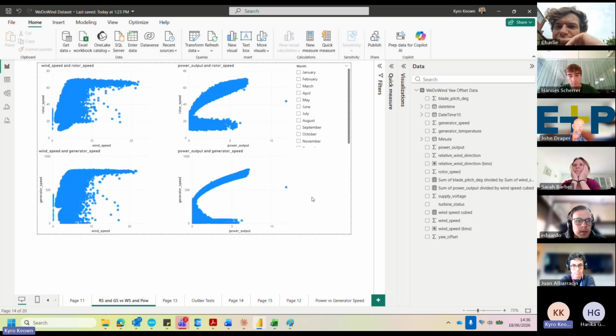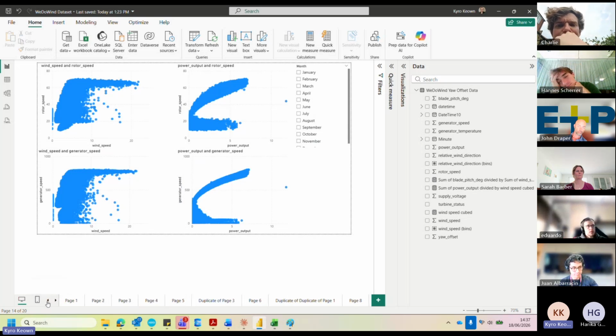It basically means that there's some form of curtailment or limitation happening on the turbine that's not being captured by any of the status columns, because, as I said, we've filtered to normal operation.